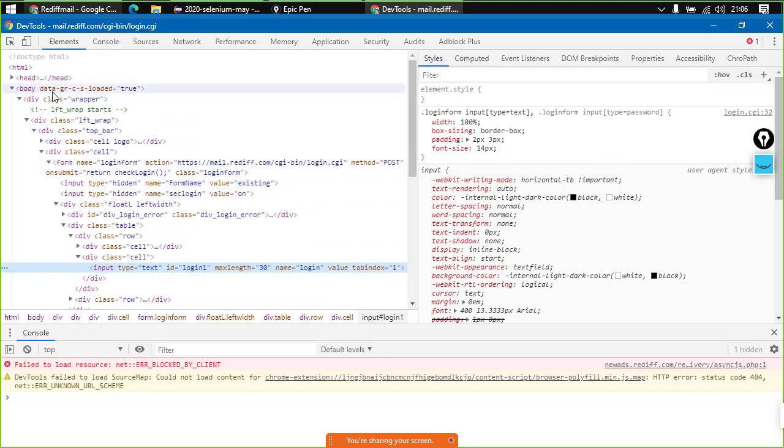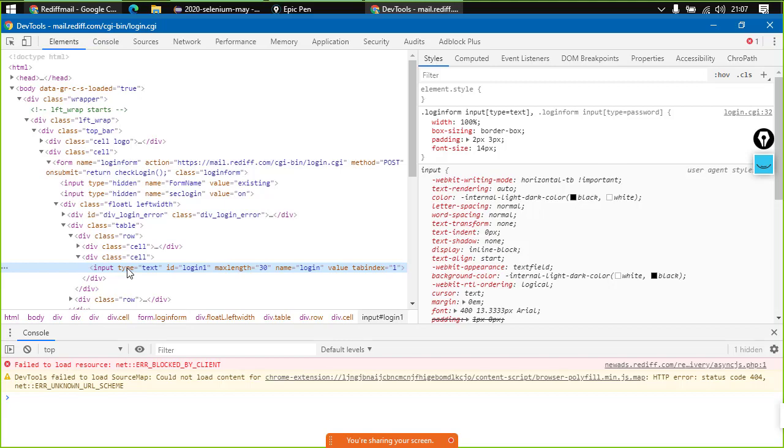For example, consider that body is a country, then div is a zone, this div is a state, then this div is again a zone in a state, and so on. And in the ending, this is your house number, or you can say the door number. This way you can tell where you are exactly located. In the same way, elements have their addresses on web pages, and we denote those addresses in the form of XPath.